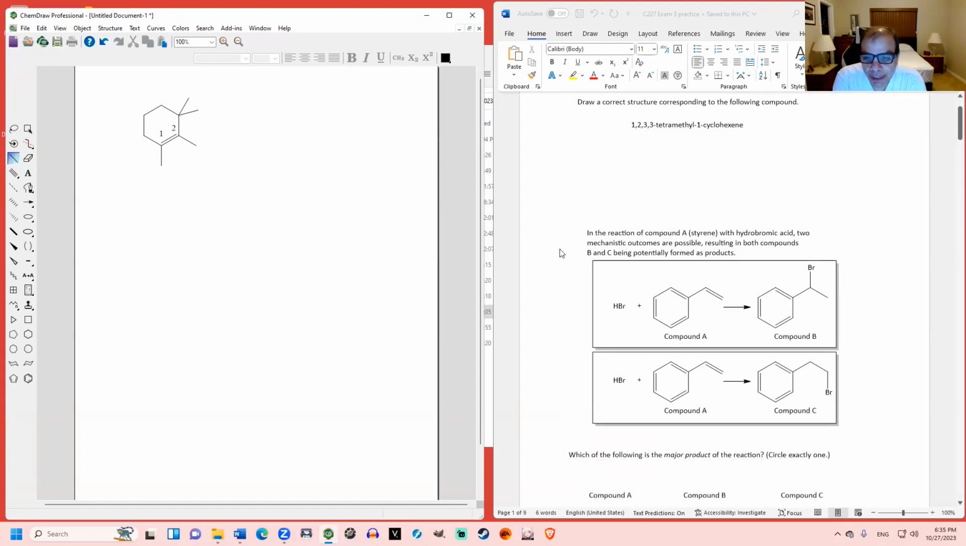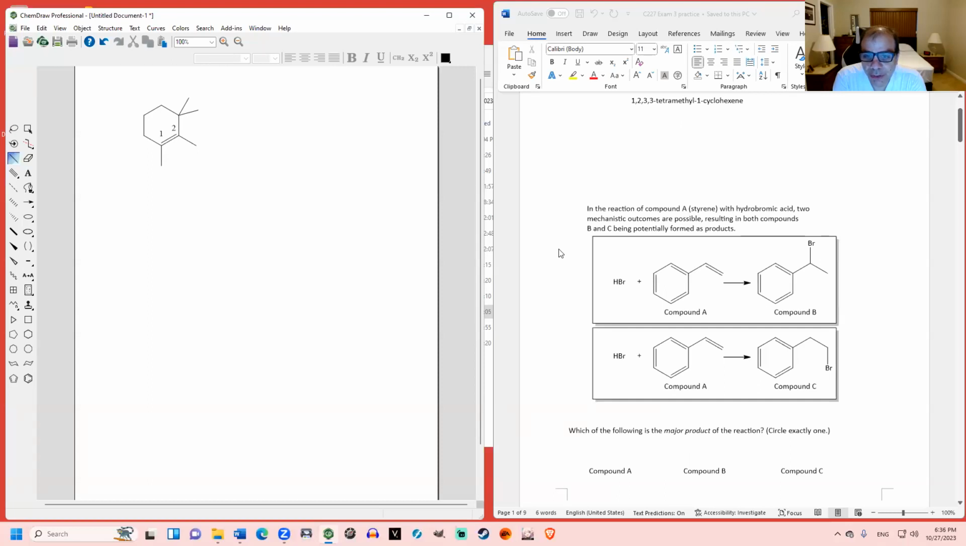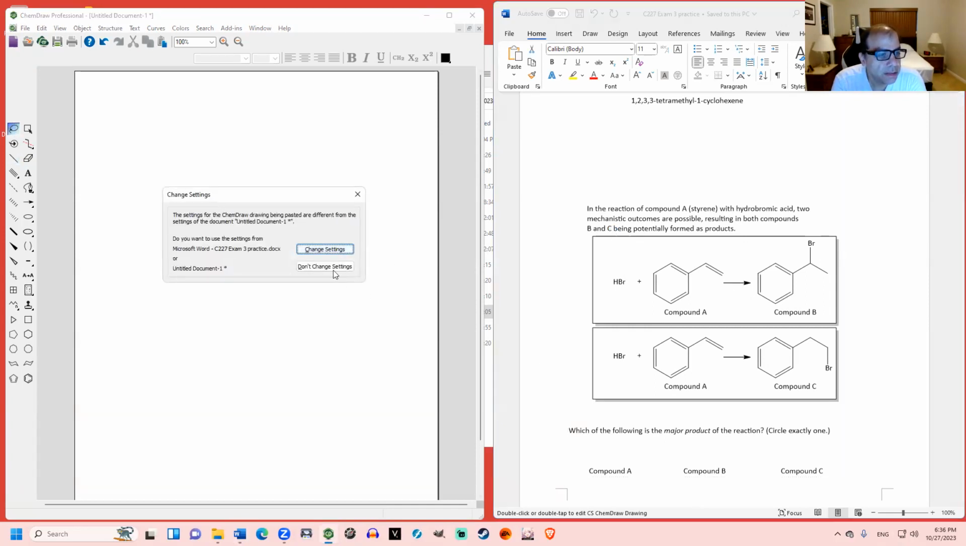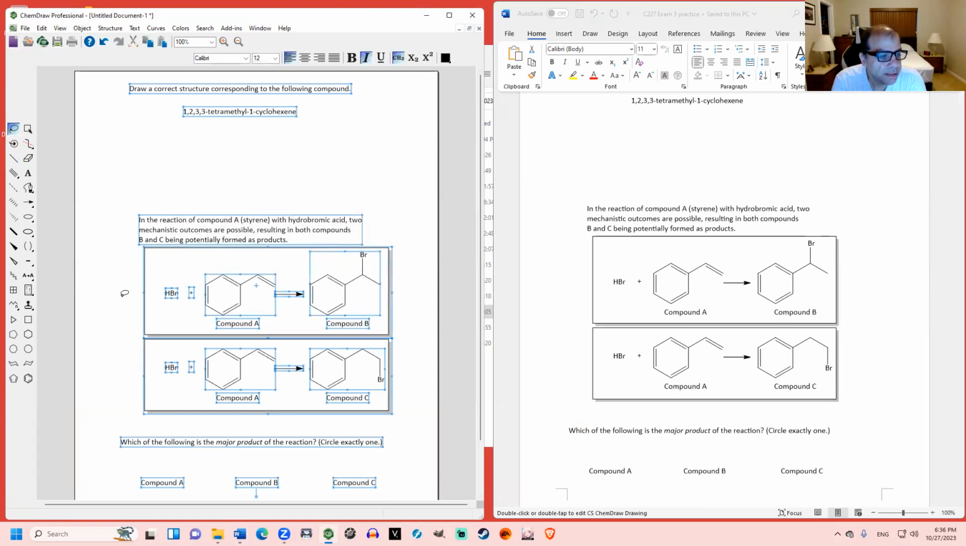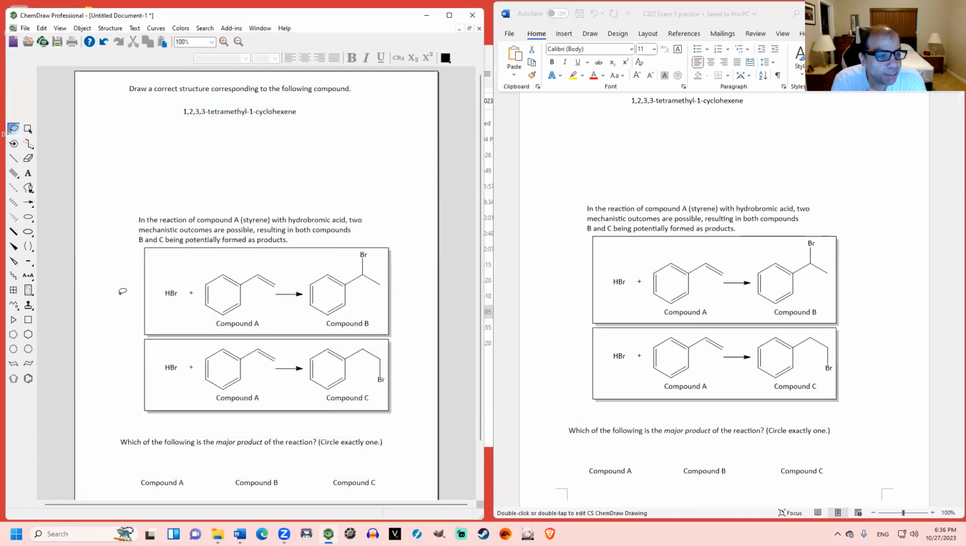In the reaction of compound A, styrene with hydrobromic acid, 2 mechanistic outcomes are possible, resulting in both compounds B and C being potentially formed as products. So this is something we couldn't do in chapter 6, but we can do in chapter 7. Because in chapter 7, we learned about Markovnikov's rule, which says that you're going to go through the more stable